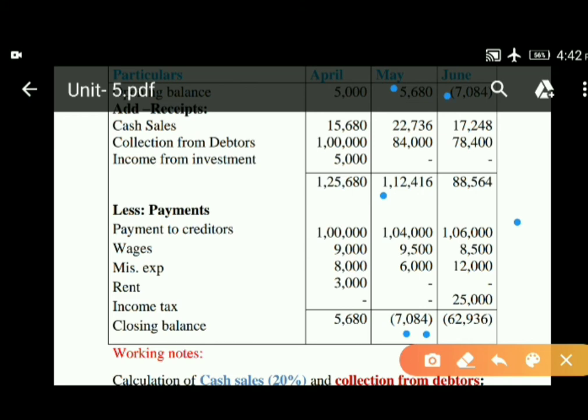that is 7,084. So after adding all the receipts, the total receipts will be 88,564, and after making all the payments, see here, 62,936 under bracket, that is the closing balance of cash. See here, closing balance means deficit, so it's showing minus, which indicates a shortage of cash, that is, a deficit of cash. So here as per our calculation we can say what the position of cash is,